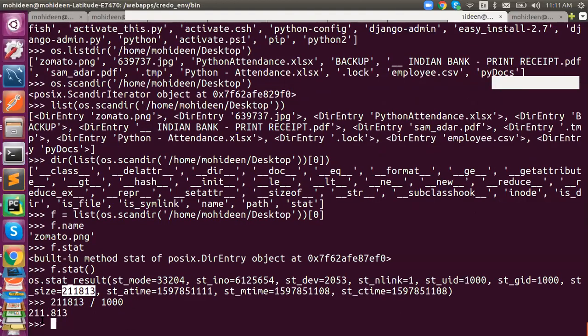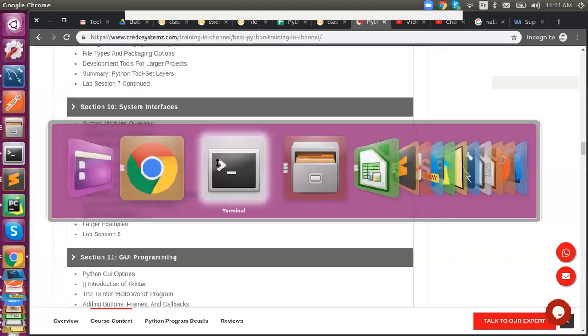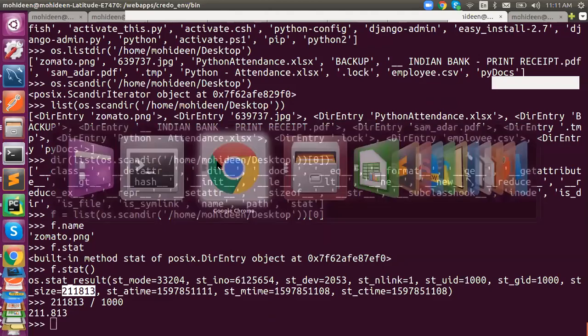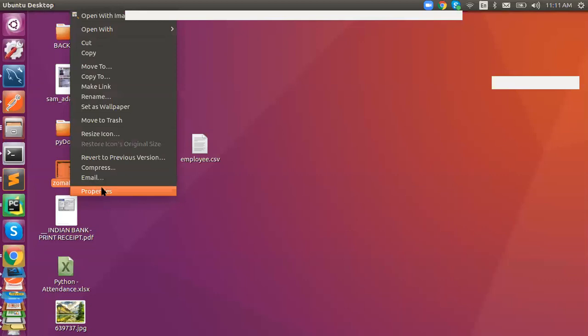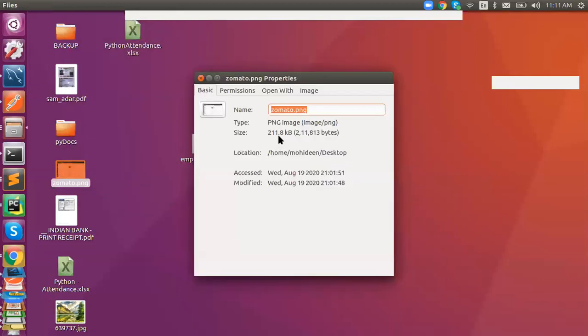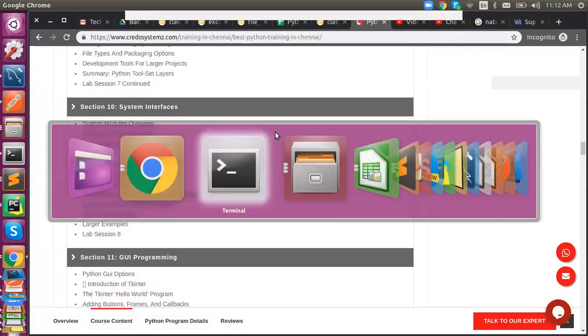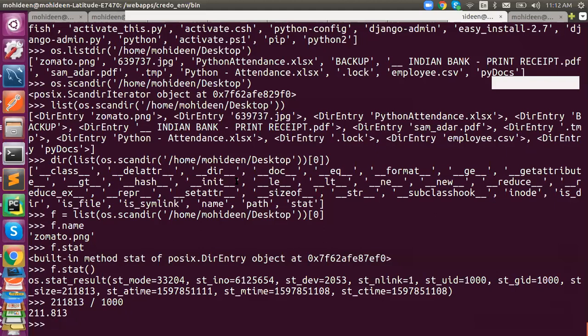It is 211 kilobytes. I'm taking this as an example. Got it? Because Linux uses 1000 to convert. So each OS has its own formula to calculate kilobyte or megabyte conversion.